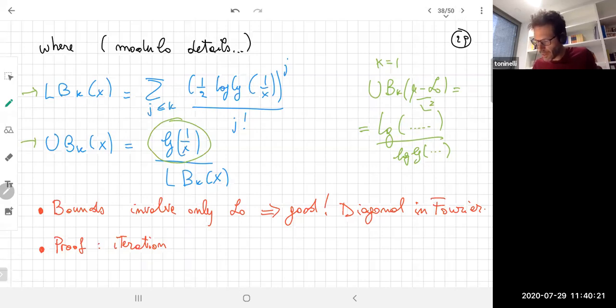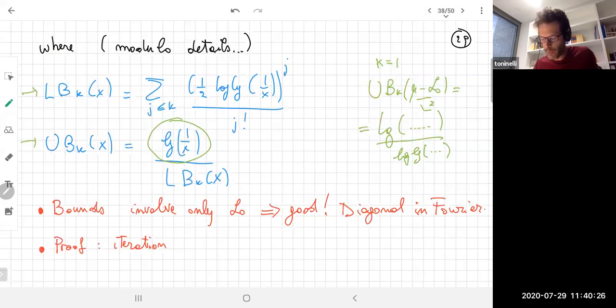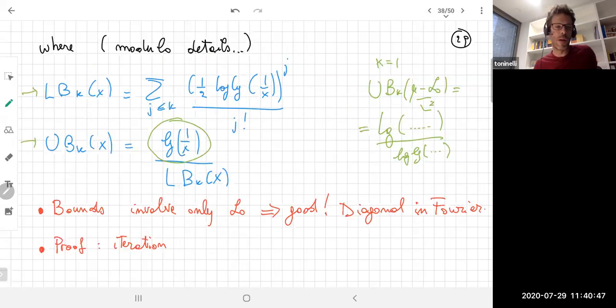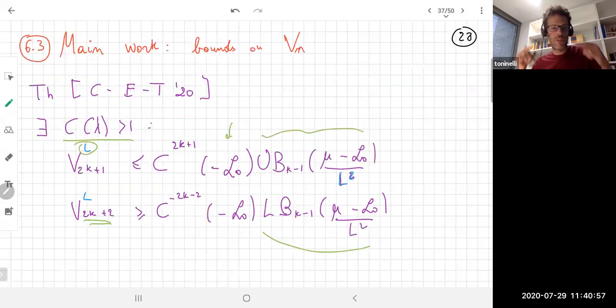Formally, if in this definition of LB and UB you send k to infinity, as I said, you are just reconstructing the definition of an exponential. You get the exponential of 1/2 log, which is well known to be simply the square root of log. So as k goes to infinity, this lower bound just tends to log to the power 1/2, and the upper bound too, because it's just log divided by the lower bound. So log divided by square root also gives square root of log. So in a sense, when k goes to infinity, these two bounds tend to the same bound,